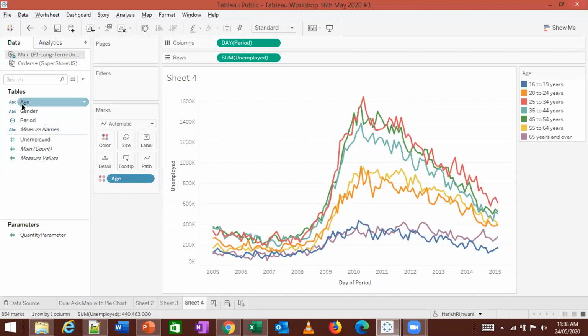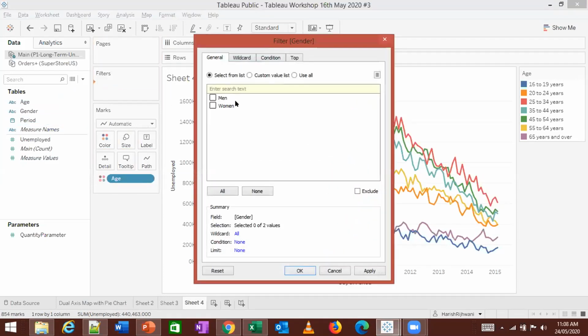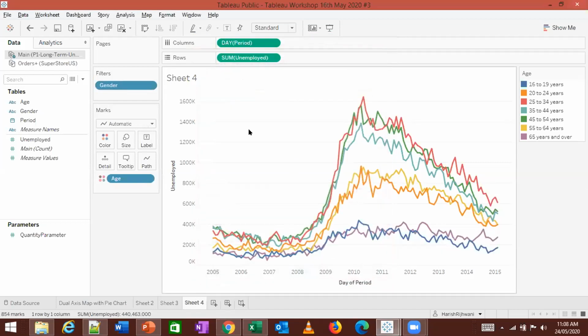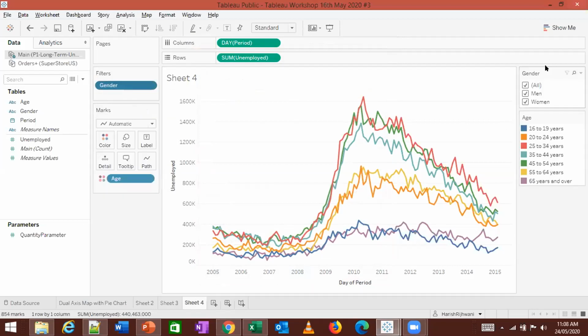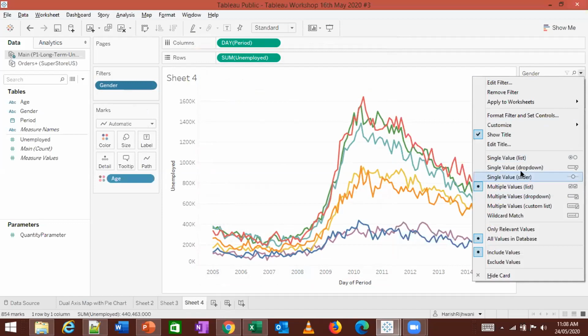I can add a filter on gender. Okay. To show a filter, you need to click on this filter and show filter. So when you do that, on the right hand side, you will see this filter option. You can change this filter as a multiple value drop down.